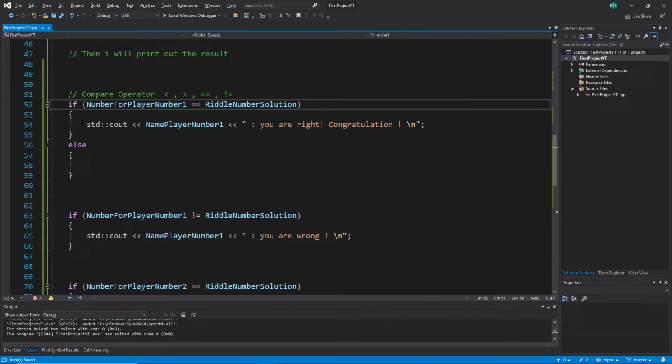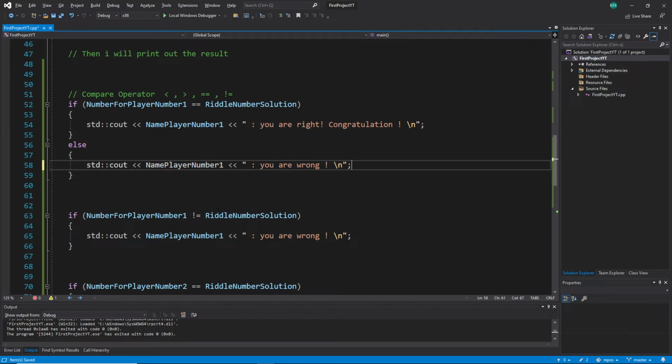If it's yes, I will go here. If it's no, I go here to the else. So the first one is for yes, the second one is for no. And instead of writing all this now, I can just copy this one here, paste it here, and now